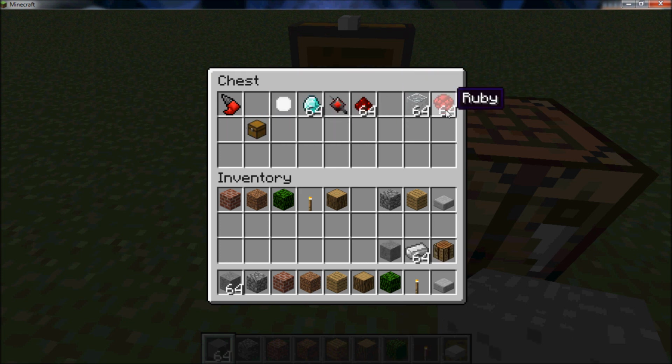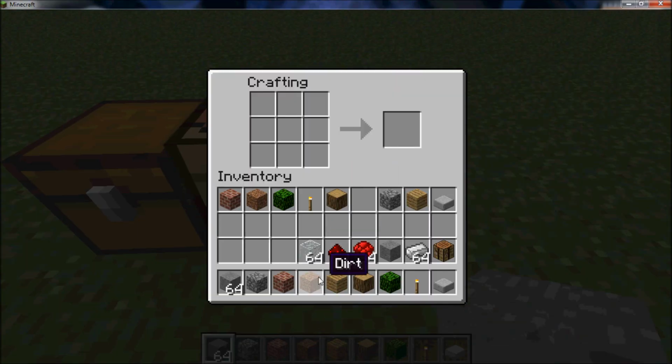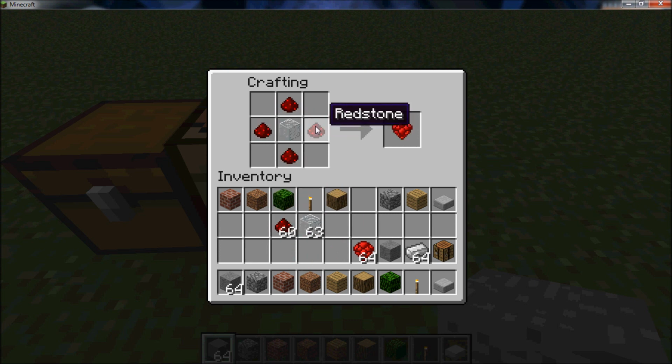Anyway, first thing I'm going to do is create a lens workbench. To do that you need rubies, and to make a ruby you need redstone and glass. It's a simple recipe. You don't have to mine it or anything like that. Just get the redstone and get the glass. And then you need to make a